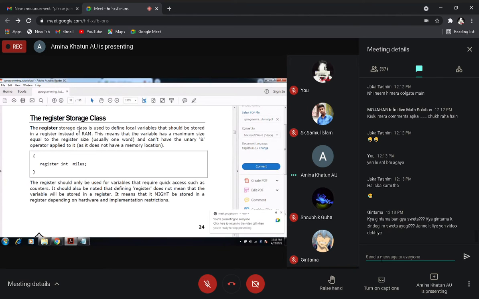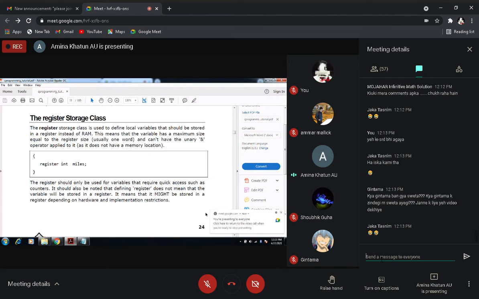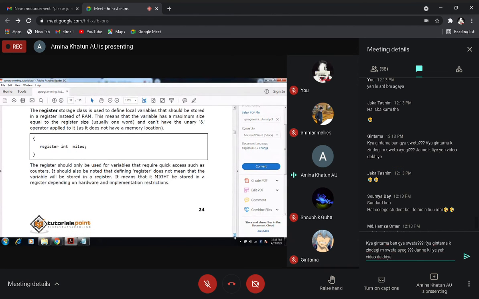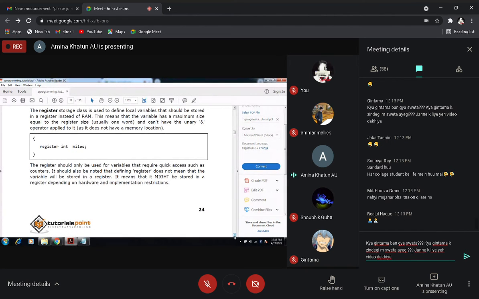If you are using register storage, you have to use the keyword register. The register storage class is used to define local variables that should be stored in a register instead of random access memory. That means the variable has a maximum size equal to the register size.